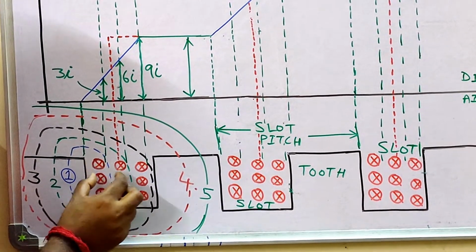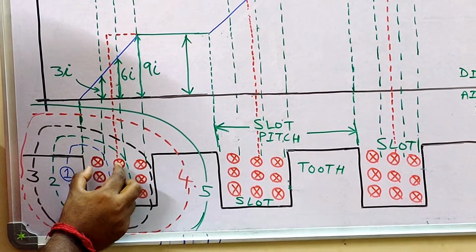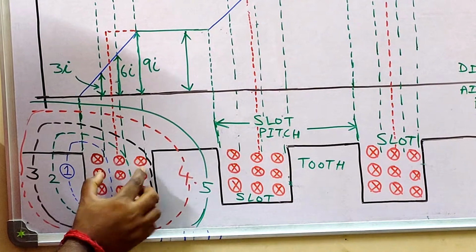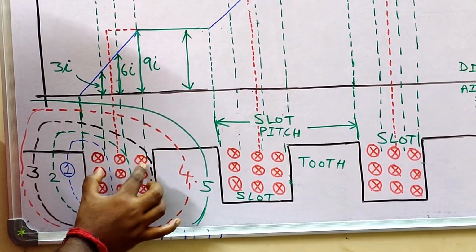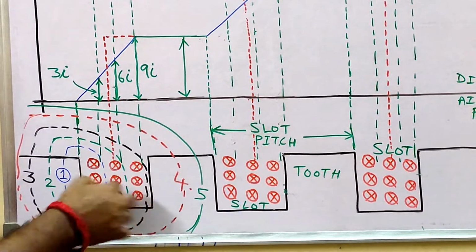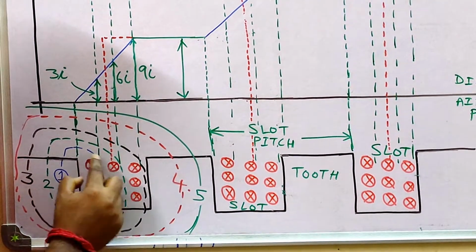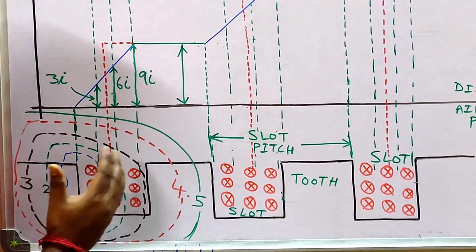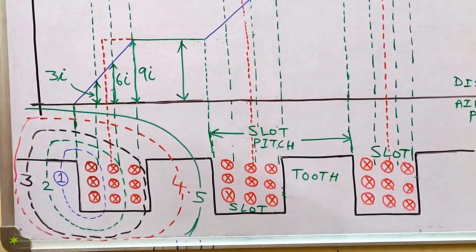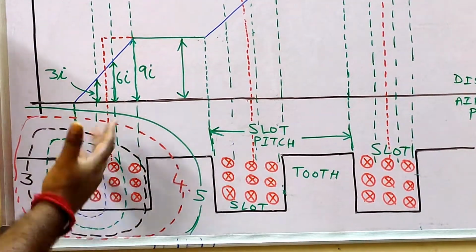Section 1, 1/3 area. Section 2, your area will be 1/3 plus 1/3, that is 2/3. Section 3, area will be 1/3 plus 1/3 plus 1/3, that is the entire area. So that could have been also done: instead of showing 9 separate conductors, you could have taken a continuous conductor area, divided it into a number of equal sections, and then found the current enclosed by that section of the conductor by assuming some current density of the conductor.